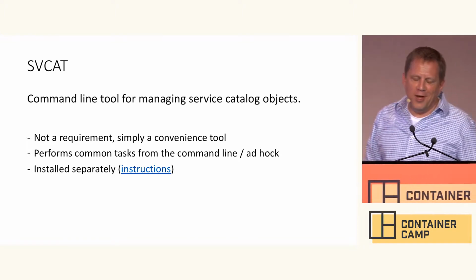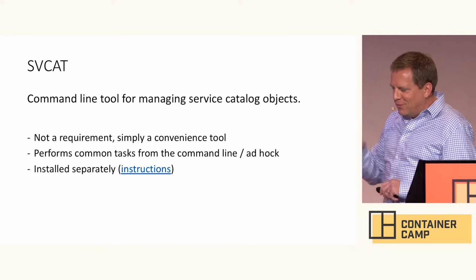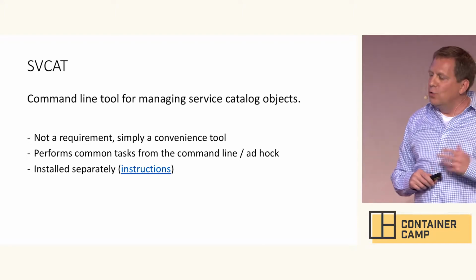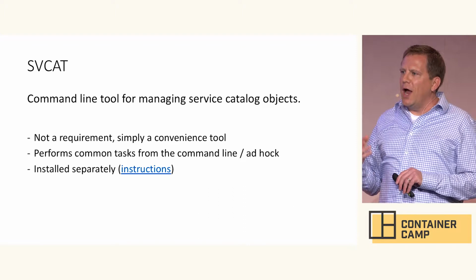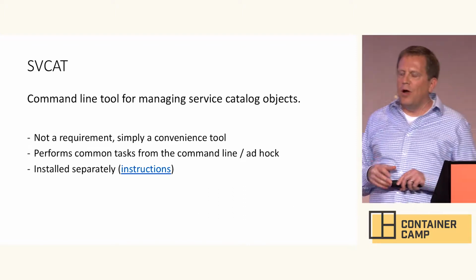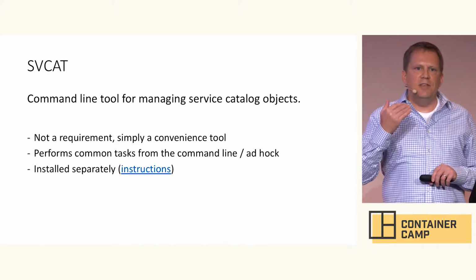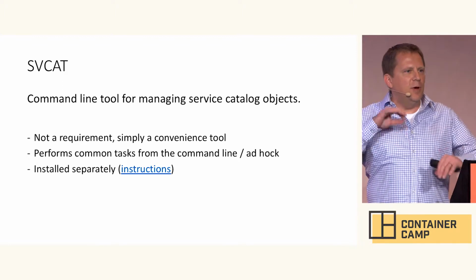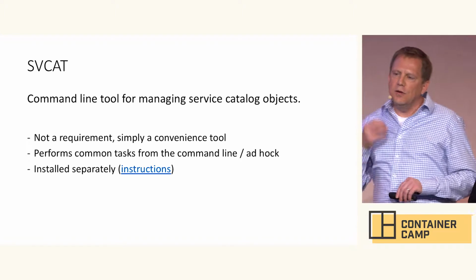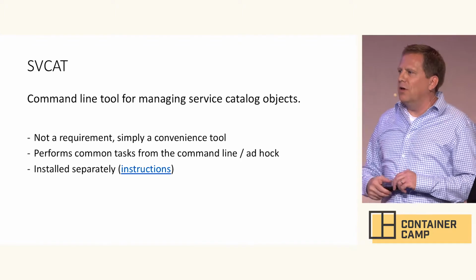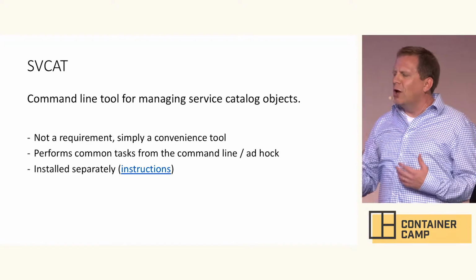I've got one more slide before we get into demonstrations. I wanted to quickly throw up a slide about a tool called SVCAT. This is a command line tool for interacting with Service Catalog. It's not a requirement. It just makes it easier to see my service instances and plans and browse the catalog from within Kubernetes. I did want to call this out on the slide because when I first started working with this, I was like,